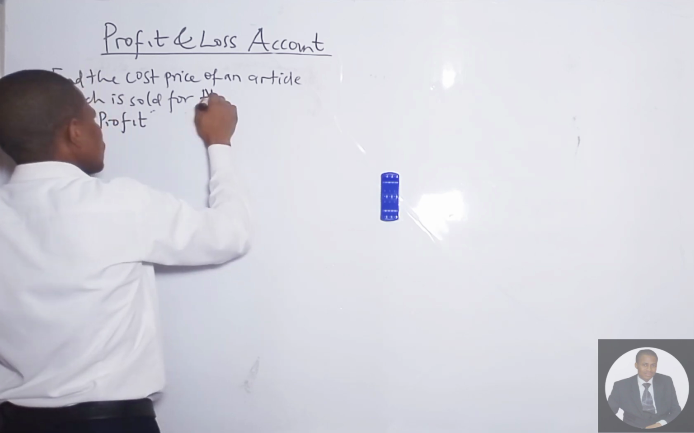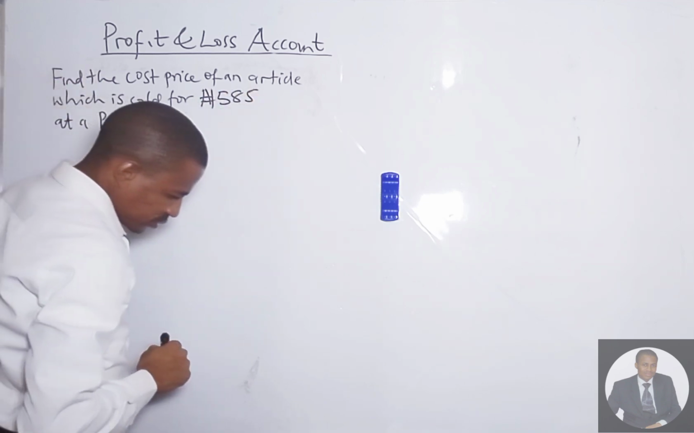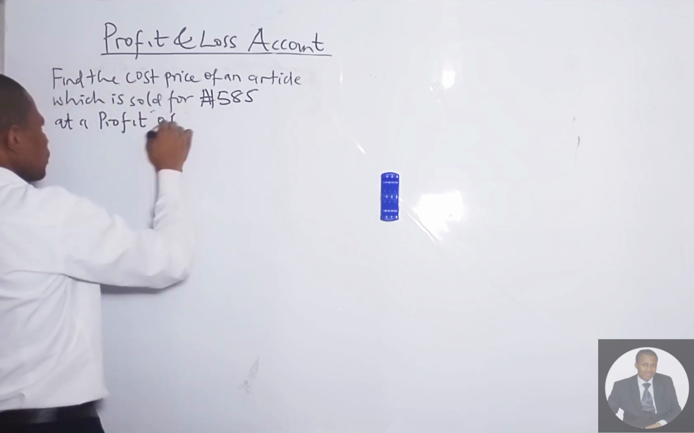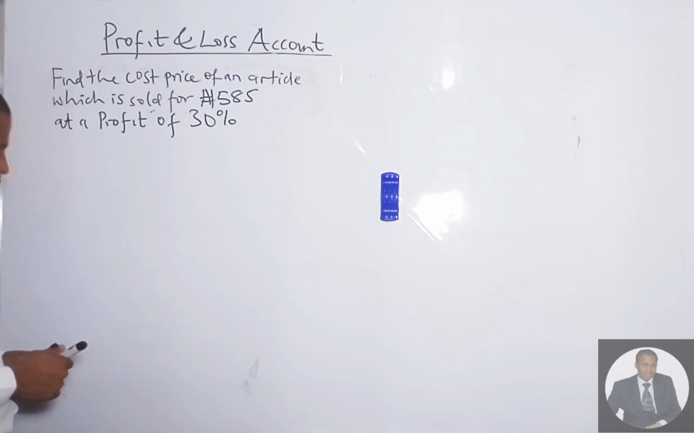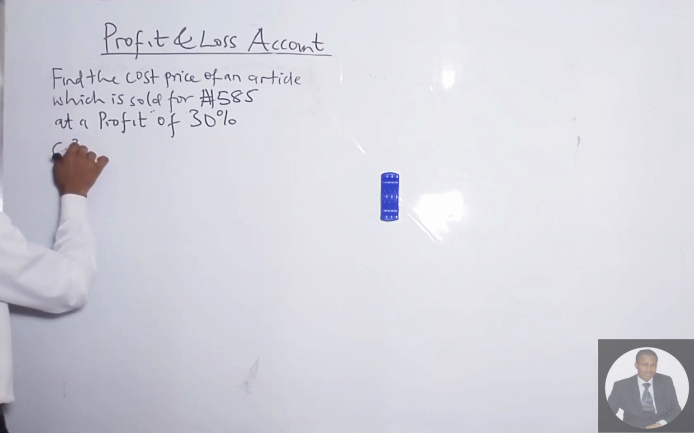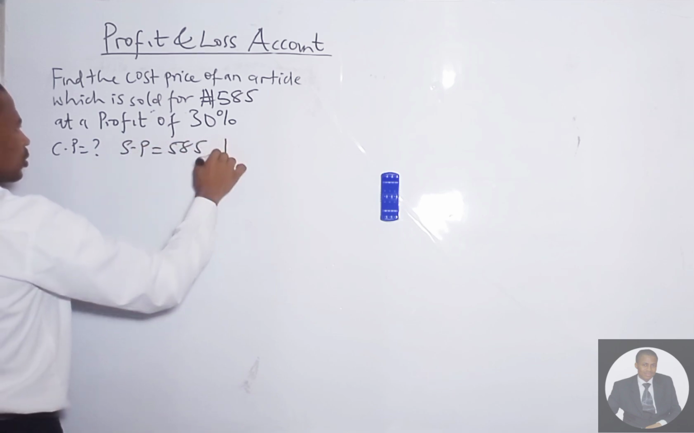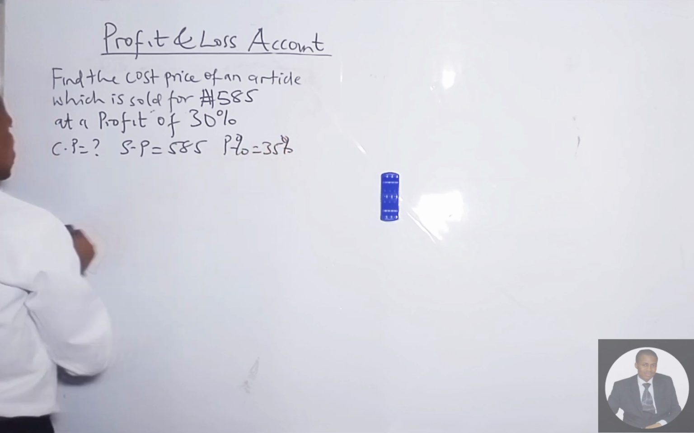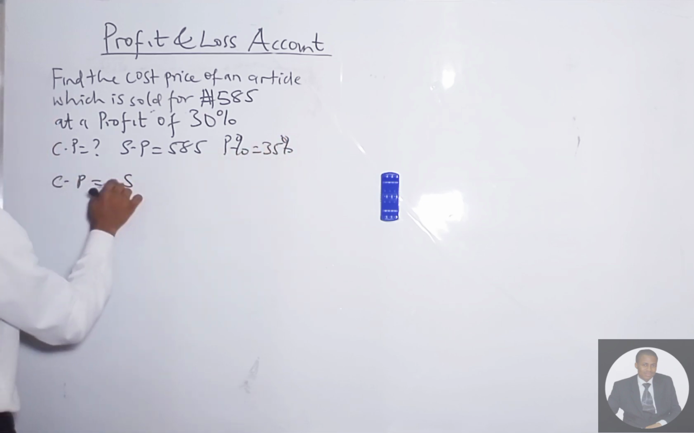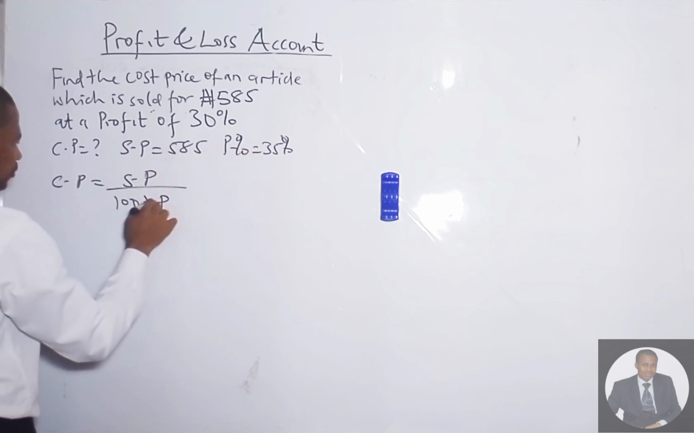For 585 naira at a profit of 30%. So what do we do here? We are looking for the cost price, but we have a selling price of 585 and we are given a profit percent of 30%. So cost price equals selling price over, since it's profit, 100 plus profit